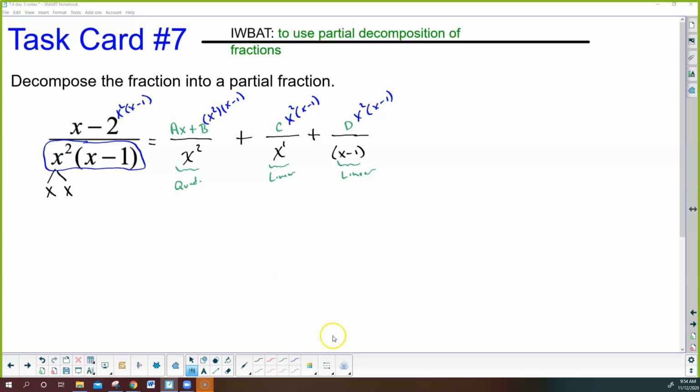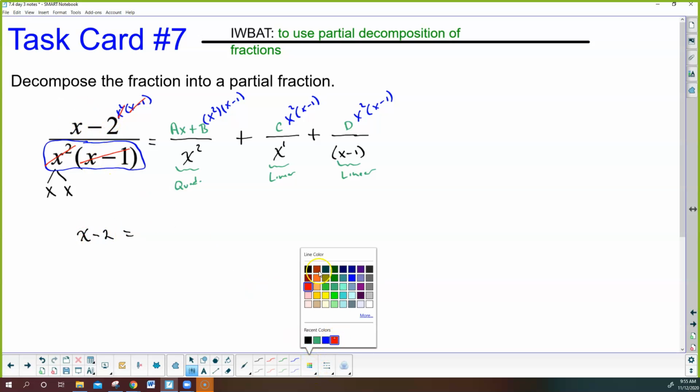Okay, so now when you become really skilled at this, you don't have to show this work in blue. If you know what's going to cross out, like here, you know you're going to have an x squared and the x minus 1. Those are going to go away. And then you're left with just the x minus 2. And then over here, if I have an x squared, well, that's going to go away. And you're going to be left with,